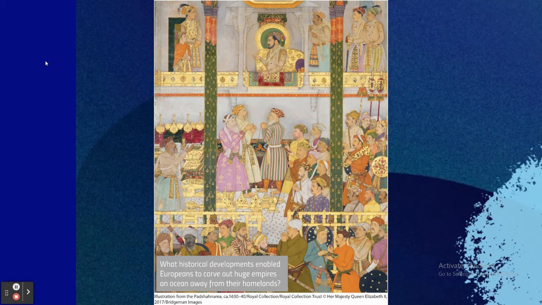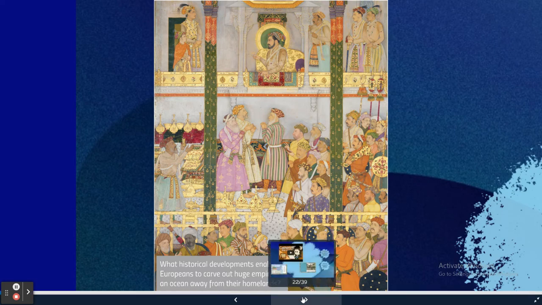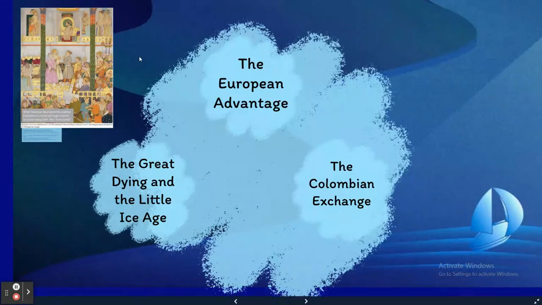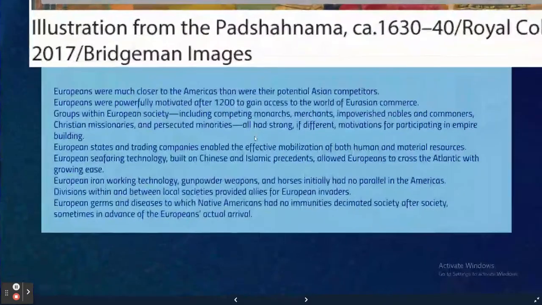One, boats. What they had done is they had noticed some of these people in the picture are scholars, Muslim scholars and Asian scholars, and they are the ones that had boats. And so, with some of this, they ended up taking those boats that gave them the opportunity to go across the ocean. They also had a desire, a drive to want to leave their current land and go over there. Also, disease.